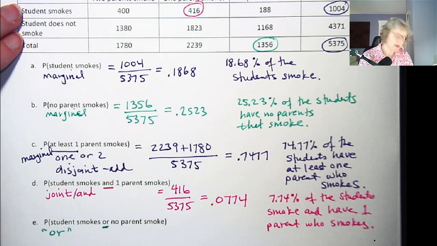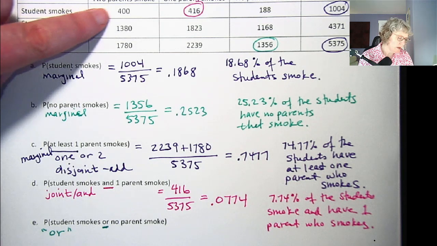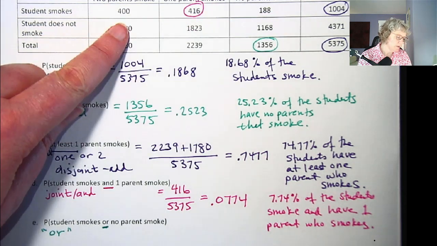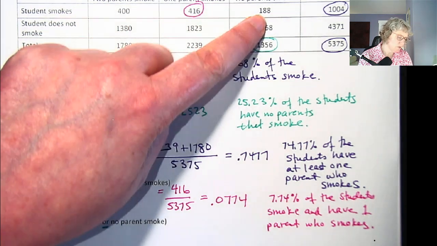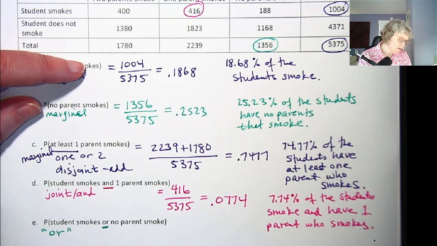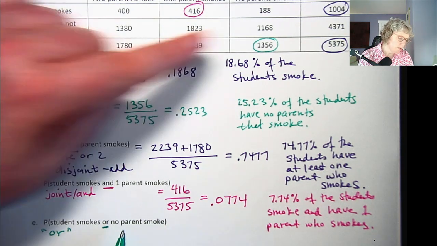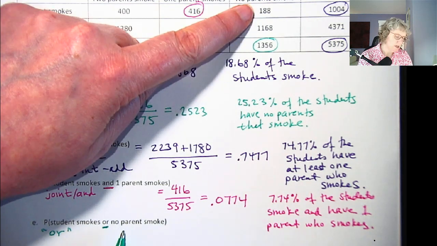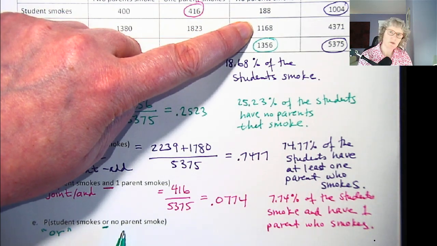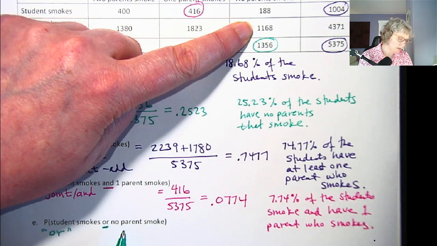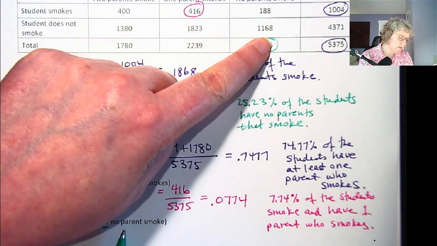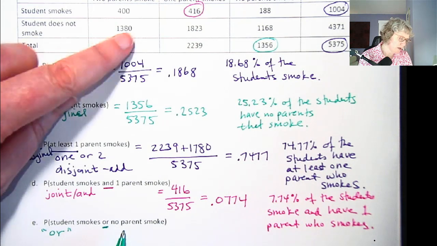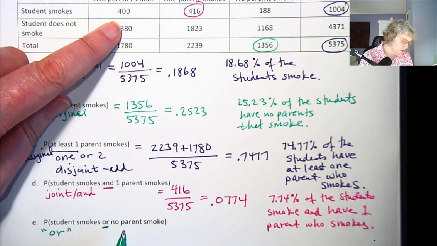This is adding up multiple possibilities, because the student smokes, we have 3 possibilities, right? 400, 416, and 188. And we also want to count the people who do not have parents that smoke. So we've already counted the 188, so that's the 1,168. Okay, so I'm going to do it the addition way first, and then I'll do it the subtraction way also. Okay, so the addition way